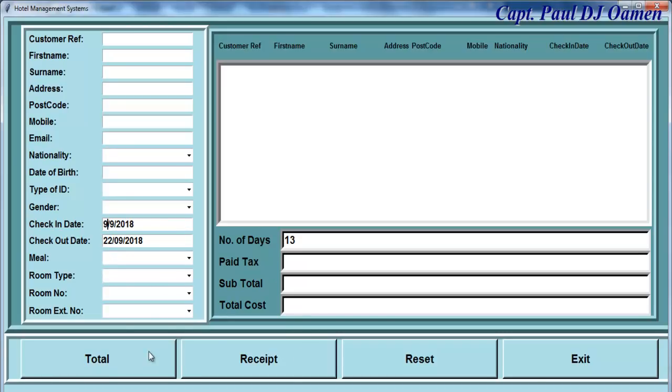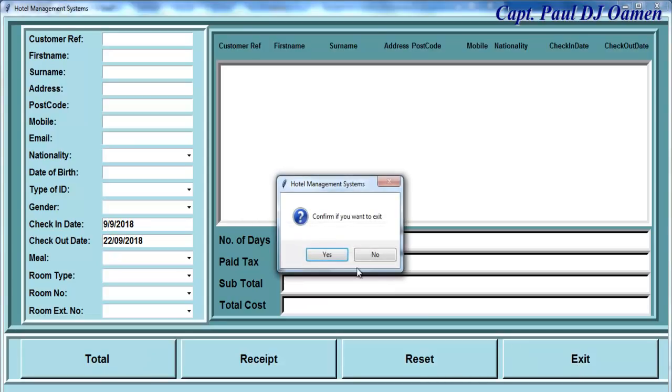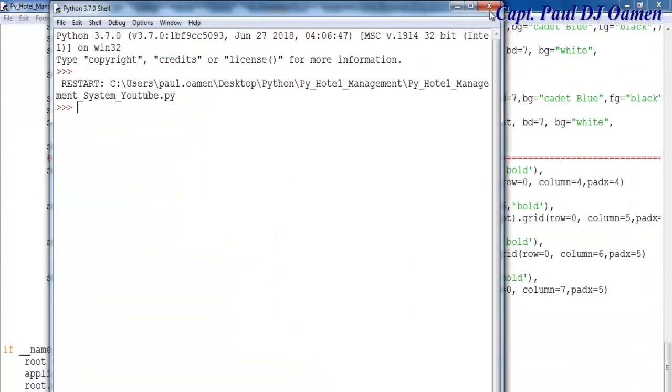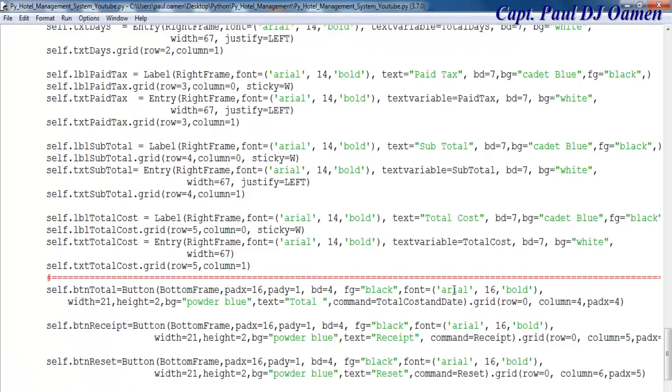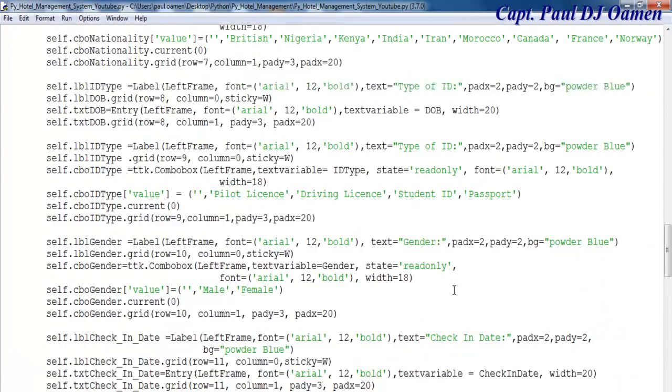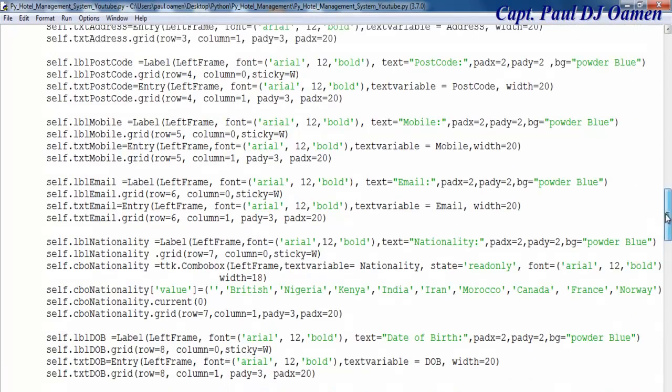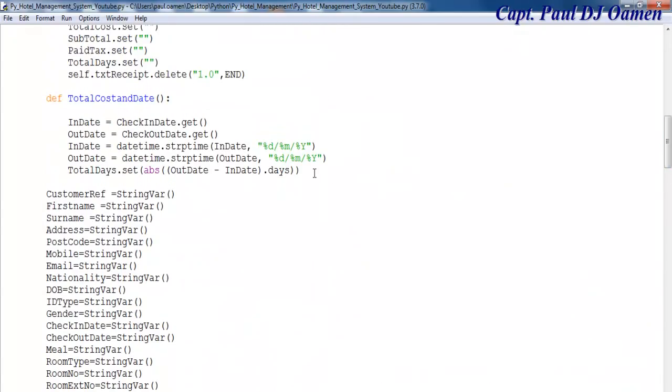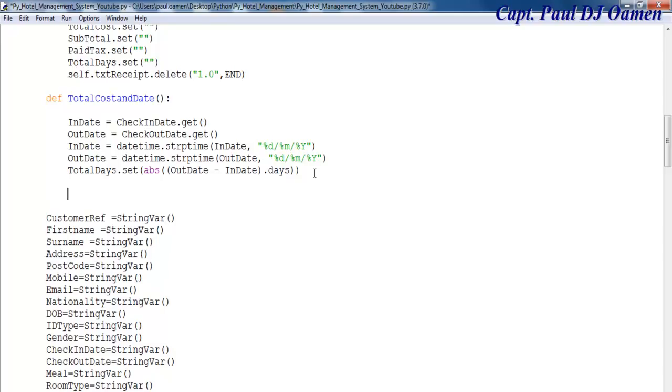There. So that's fine. Now let's work out the cost of staying in the hotel. So I'm going to go right up here, right underneath the function. Yeah, I'm going to use an if statement. So say if mail dot get equals,